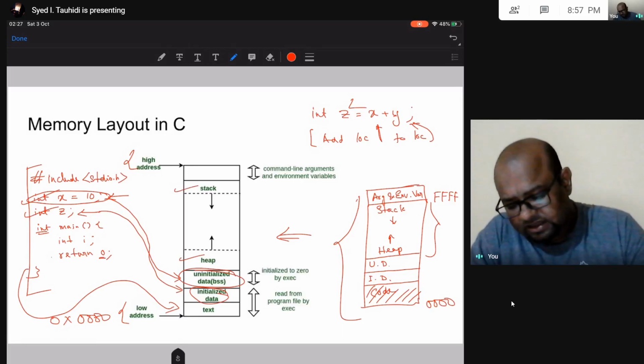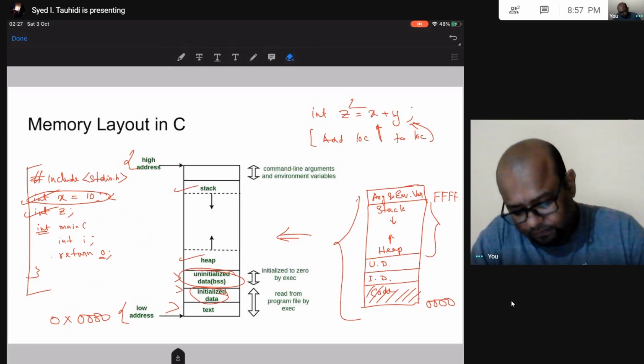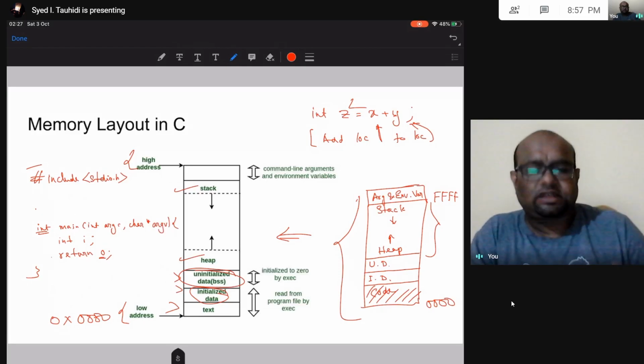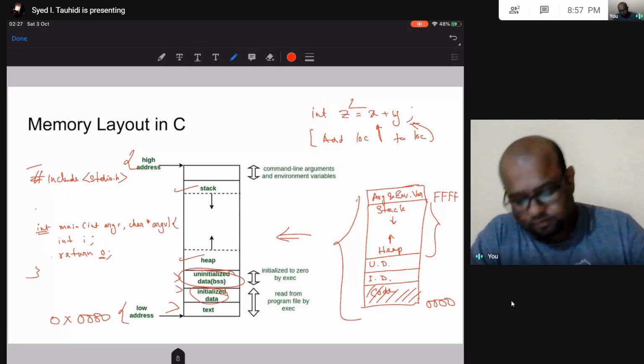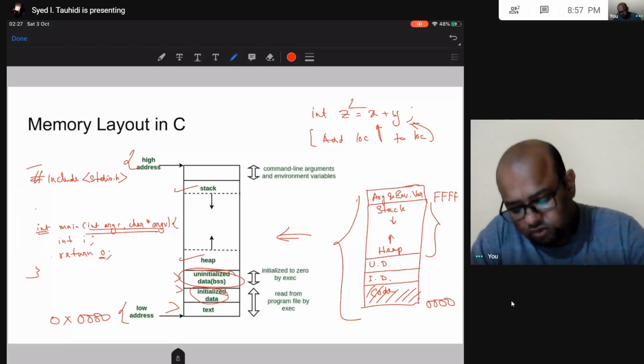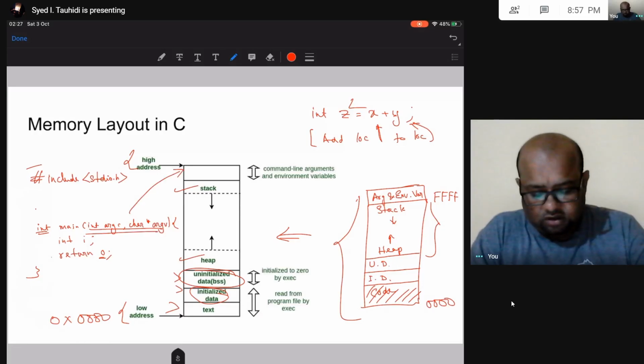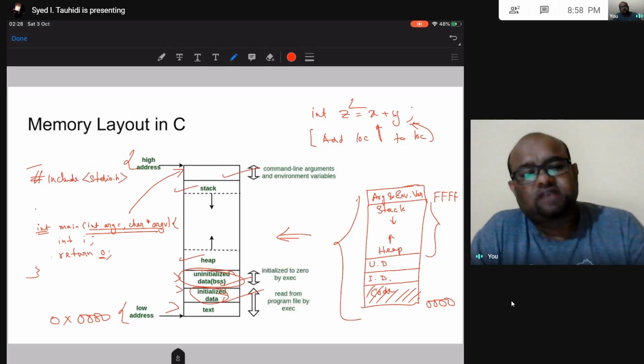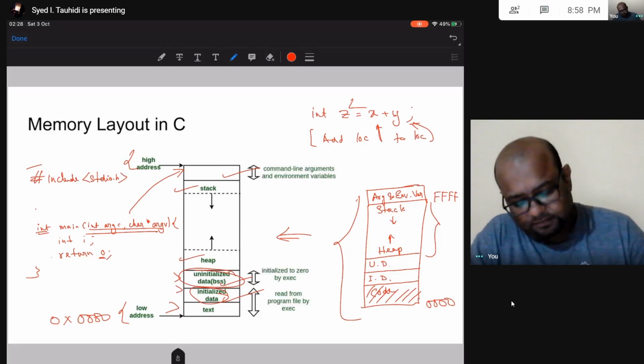And if I had something over here, say int argc, these are the command line arguments that are passed to my program. So all these are going to go into this part. These three parts, I hope you understood what is going to go into them. Right. So let us look at this with an example.